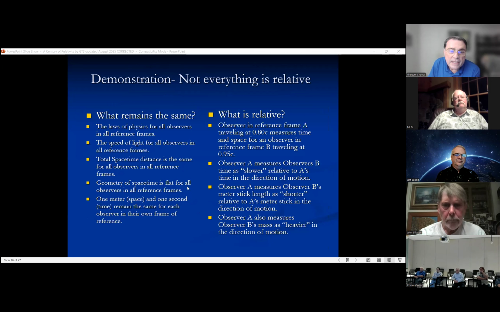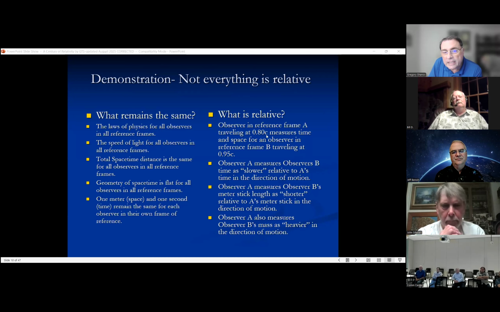Geometry of space-time is flat for all observers, and we'll talk more about the geometry of space-time. We get to general relativity, but the space is flat, okay? And then 1 meter and 1 second remain the same for each observer in their own frame of reference. So what is relative, okay? So observer in frame A is traveling, I should put 1 here and 2, but is traveling at 0.8 c,